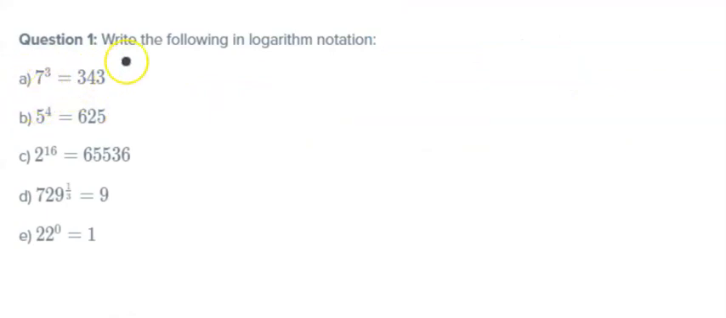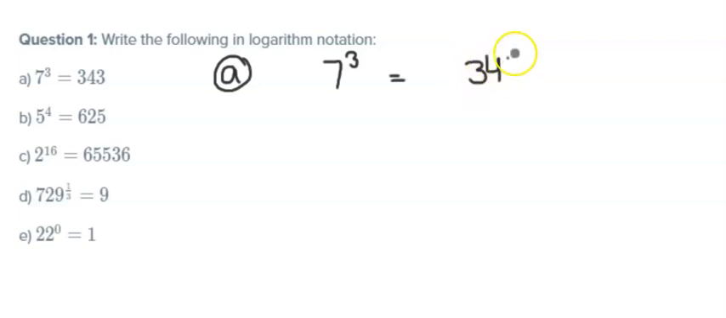Okay, now the question is write these in the log notation. We have to write like word log with that one. To do that, I'm going to do part A. Let's say we got the question 7 cube equals 343. If you want to write in the log notation, the idea is you write down the log first,